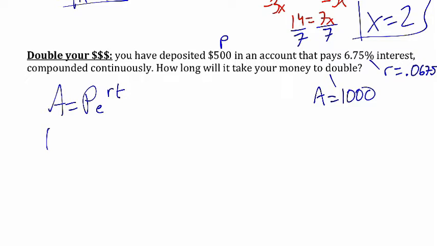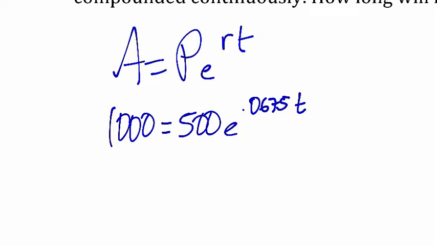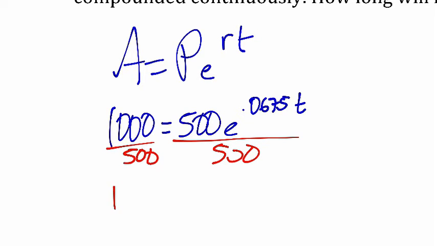So let's plug in what we know. We got 1,000 equals P is 500, E is E, R is 0.0675, T is what we don't know. We're trying to figure out how long it's going to take. We're trying to figure out that time. So to start solving for T, let's just get rid of that 500. So let's divide both sides by 500. So we got 1,000 divided by 500. That just gives us 2 equals E to the